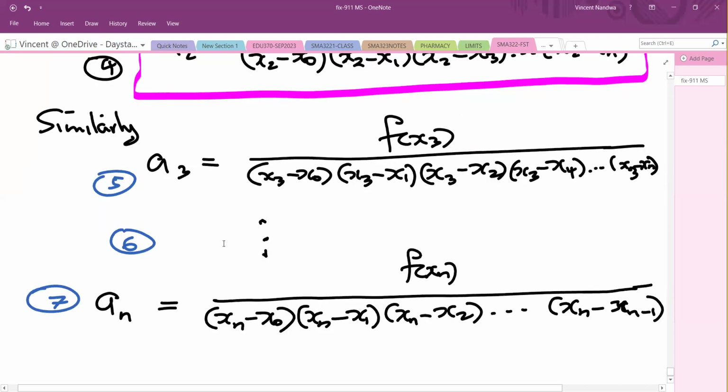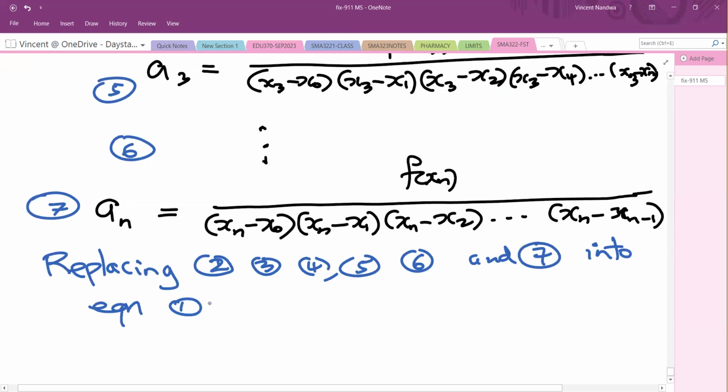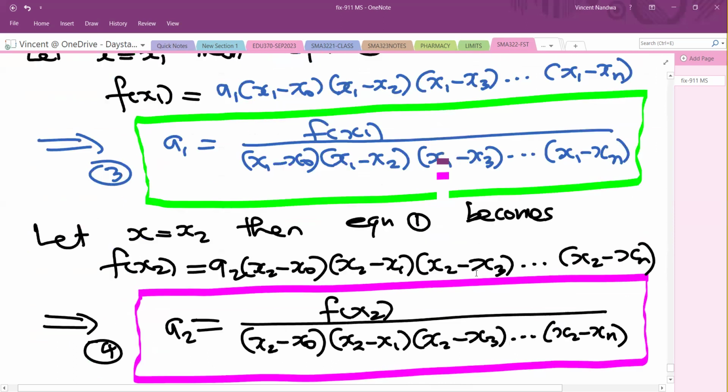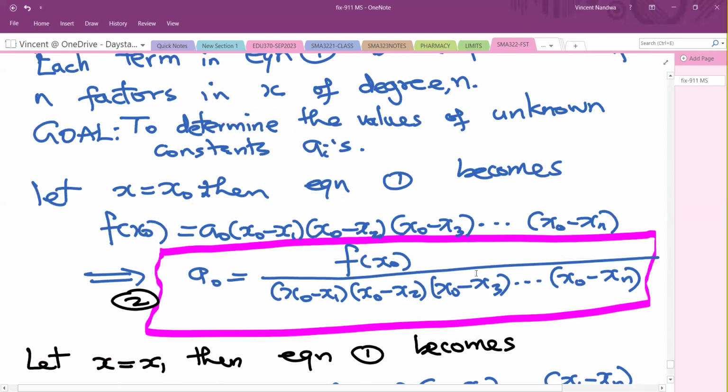So then we say replacing 2, 3, 4, 5, 6, and 7 into equation 1, we obtain... okay, let me demonstrate how the structure of f of x is going to look just from what we have here. From equation 2, you discover that a naught